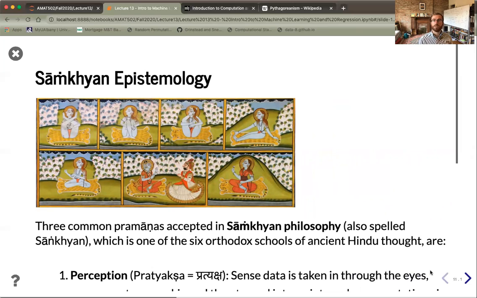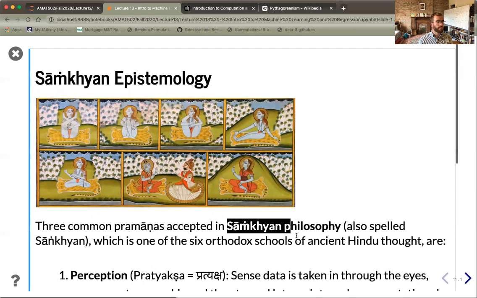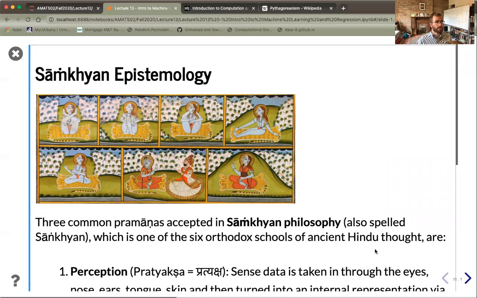And of course, many of you maybe have a picture of Hindu philosophy involving stretching and bending and engaging in yoga, but if you ever read any of the foundational texts of yoga, like the Yoga Sutras, you'll actually learn that the underlying basis for a lot of that philosophy goes to something that's called Samkhya. So Samkhya philosophy is a metaphysics that undergirds a lot of the philosophical concepts behind yoga. And Samkhya actually just means numbering or number and enumeration. And it's one of the 6 orthodox schools of ancient Hindu thought.